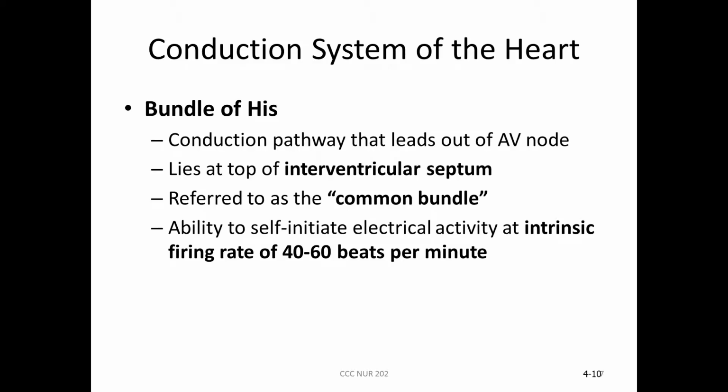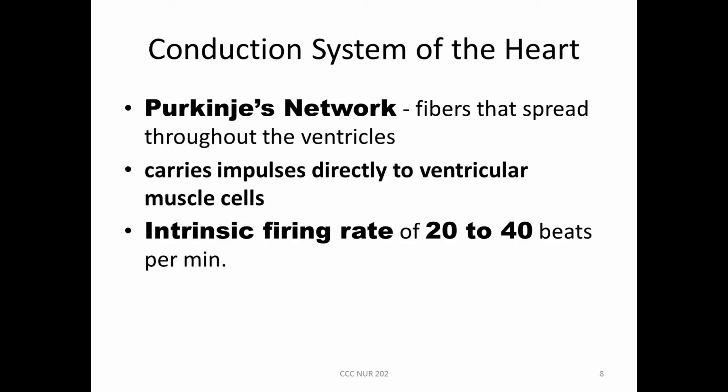The bundle of His is the conductional pathway that leads out of the AV node and lies on top of the interventricular septum. It is referred to as the common bundle. Its firing rate is 40 to 60 beats per minute. Purkinje fibers go on around and wrap around, and spread throughout the ventricles. They carry impulses directly to the ventricle muscle cells, and that intrinsic firing rate is 20 to 40 beats per